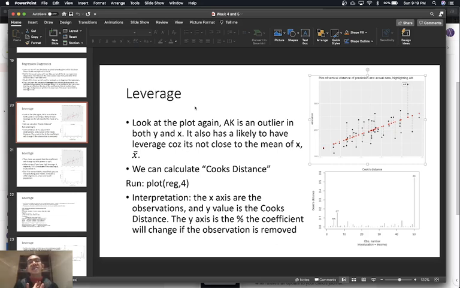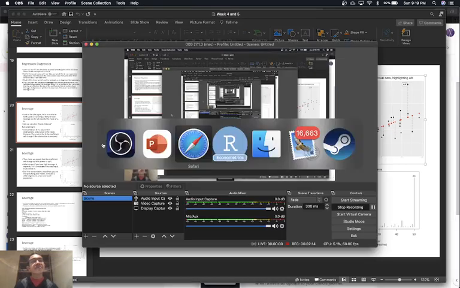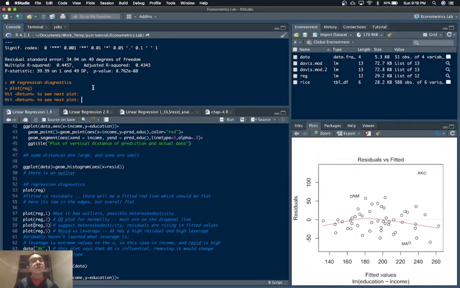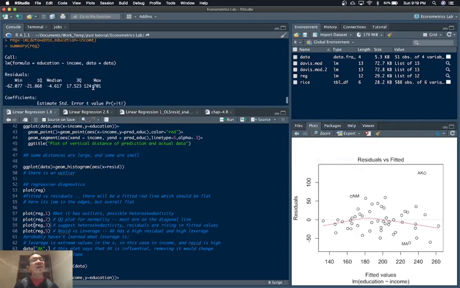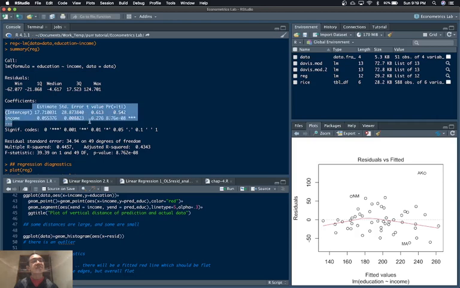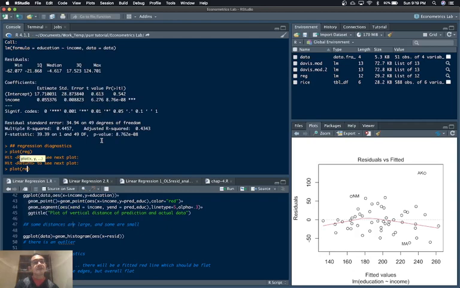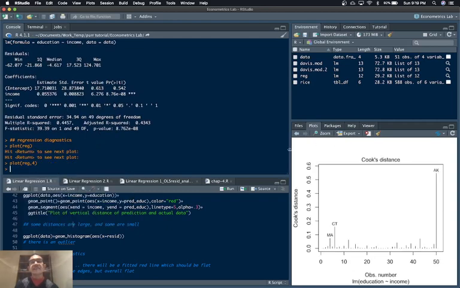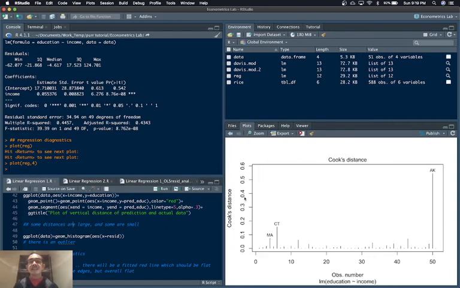So we can use the regression diagnostics plot to look at Cook's distance. We can run this one, plot reg4. Let's do that right now. Here I've got reg, which is the regression, and as usual, you have coefficients. We're going to do what that suggested, which will give you Cook's distance. The higher it is, if it's greater than 0.2, then it's really an